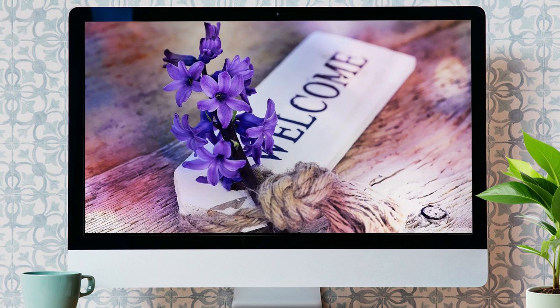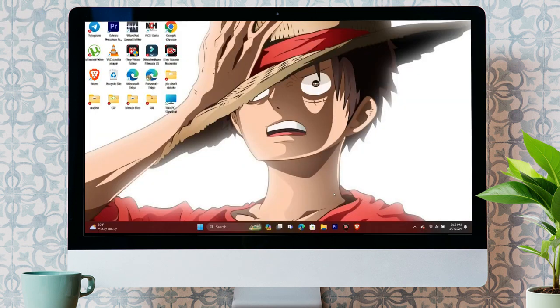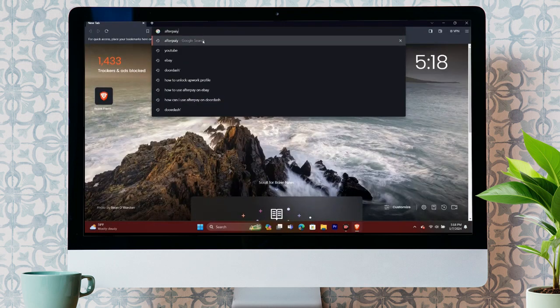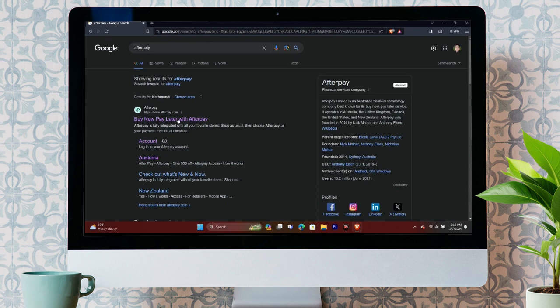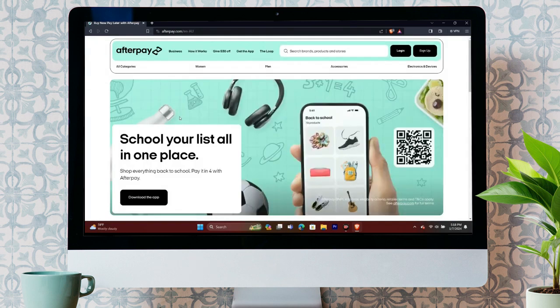Firstly, you have to open any of your browsers on your desktop and search for Afterpay. After searching Afterpay, just open the first option there, and it will redirect you to the main tab of Afterpay. Shortly after going to the homepage of Afterpay, there is this search option. You just simply have to search eBay in this search bar here and click on the first eBay shop option